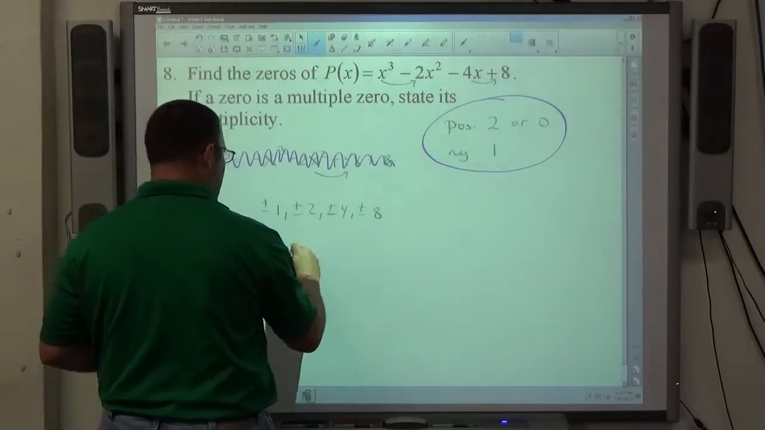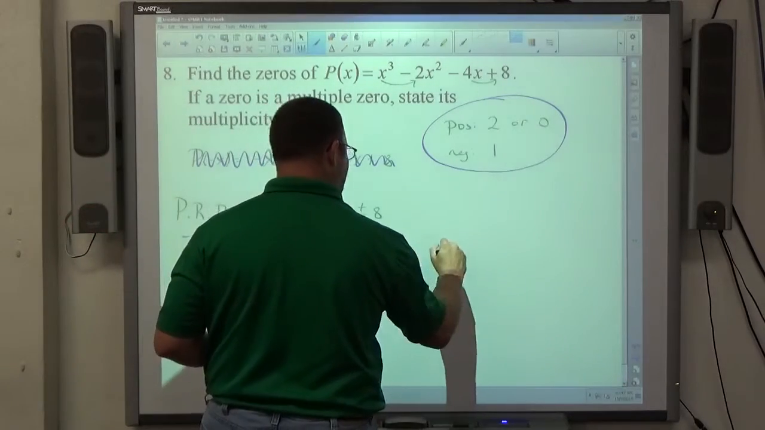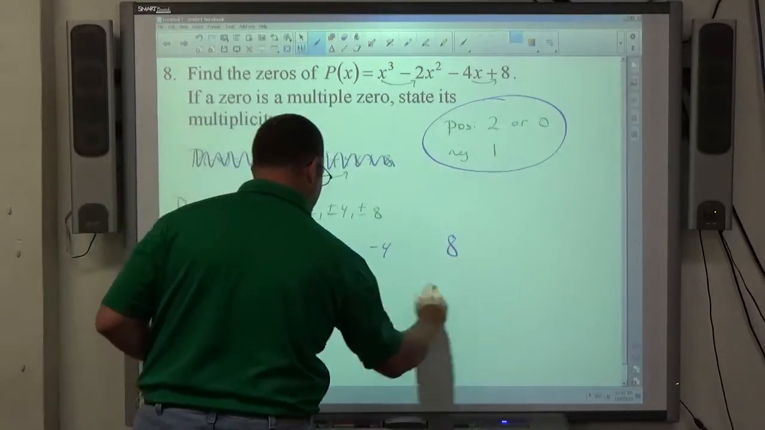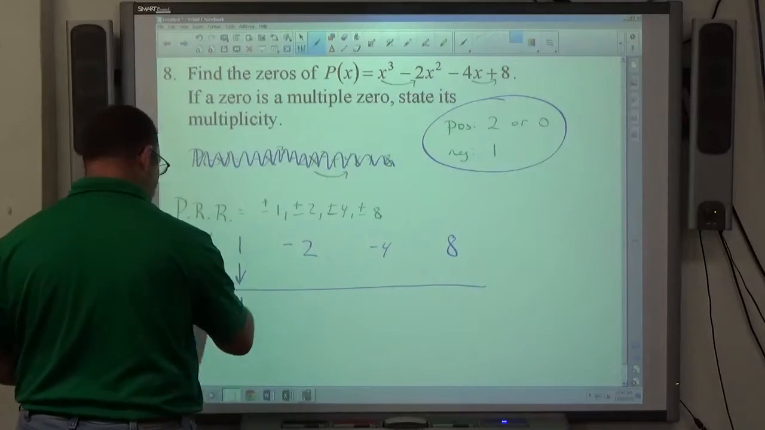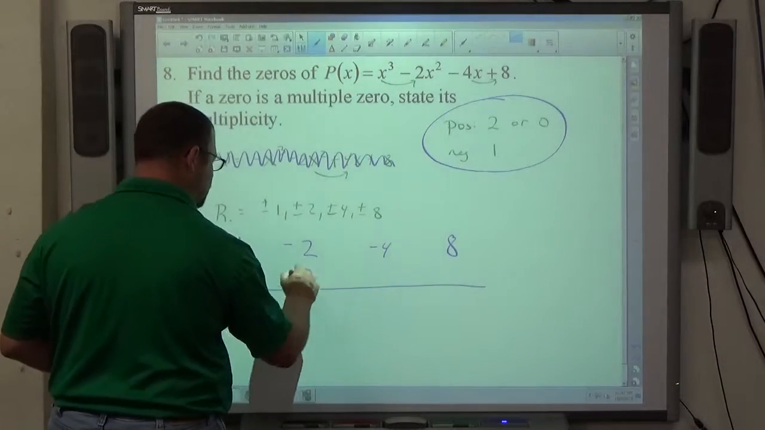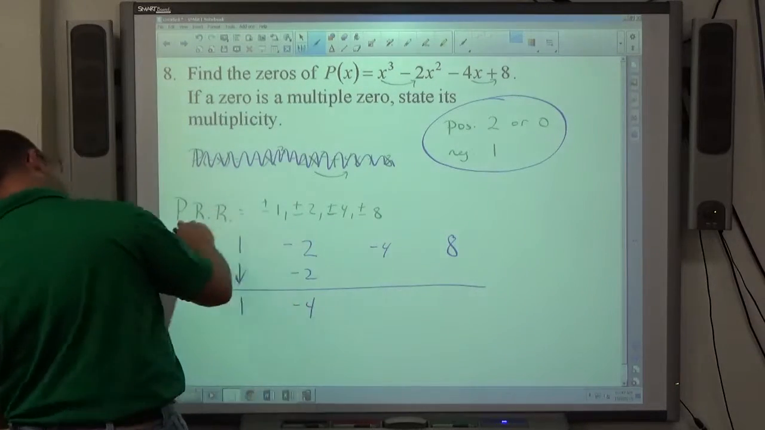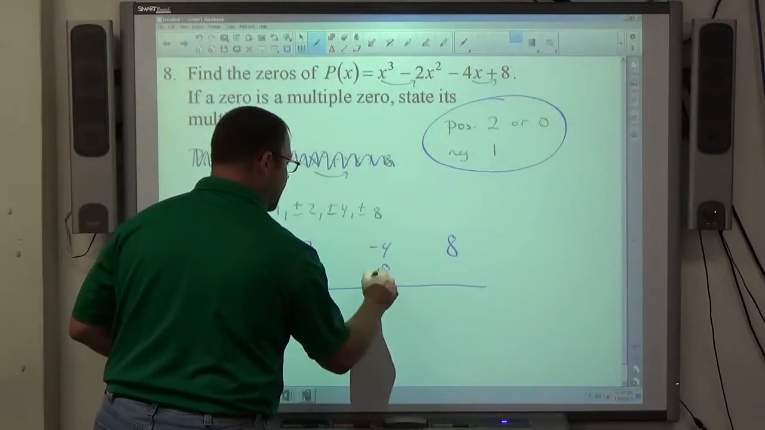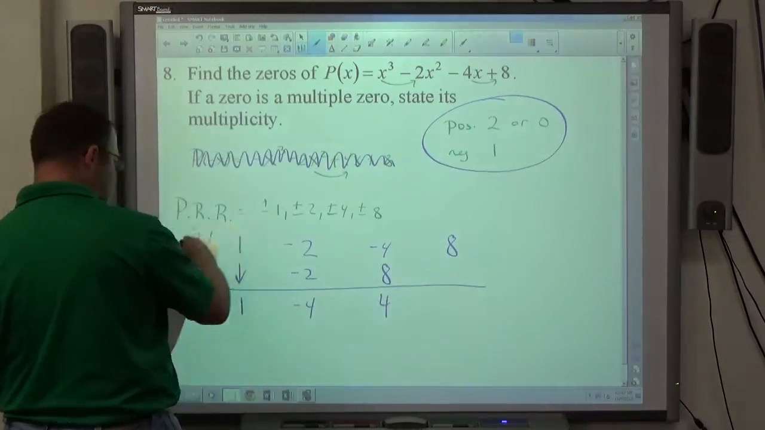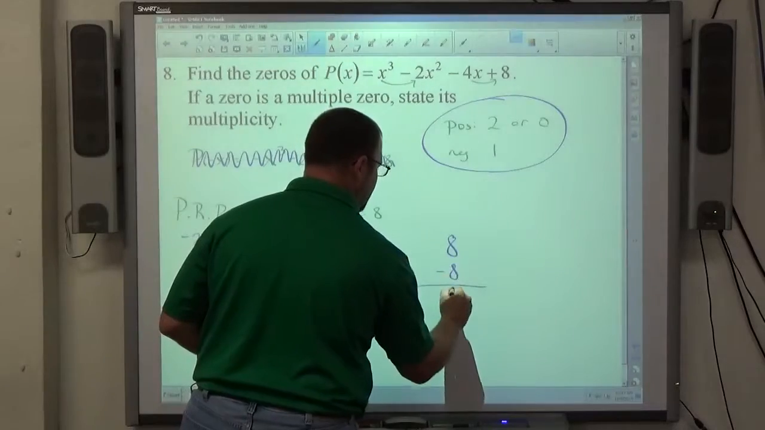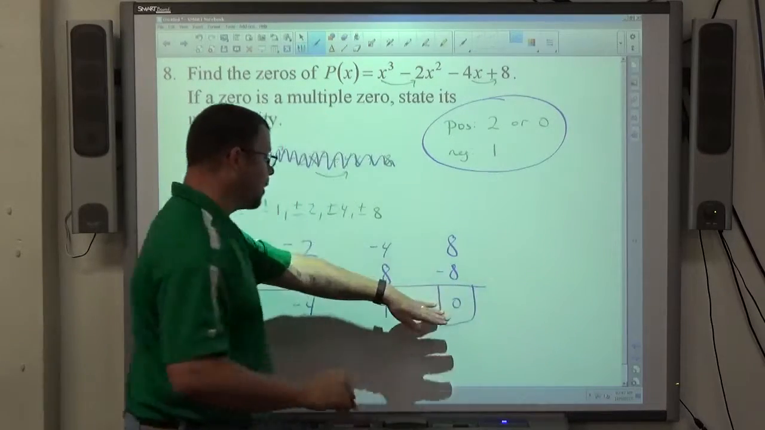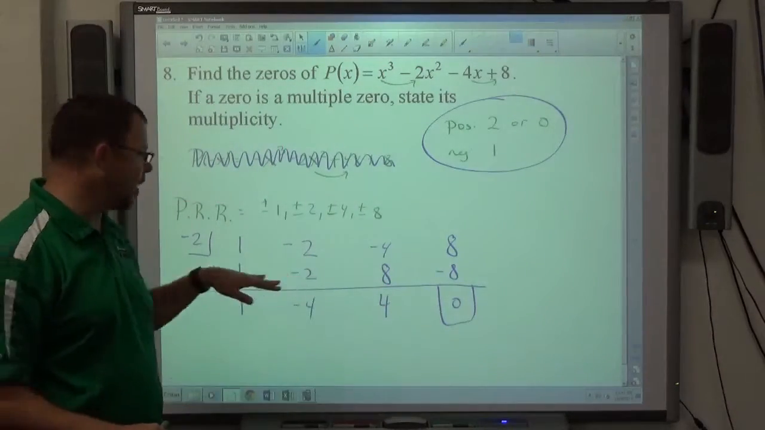1x cubed minus 2x squared minus 4x plus 8. Bring the 1 down. Negative 2 times 1 is negative 2. Negative 2 plus 2 is negative 4. Negative 2 times negative 4 is positive 8. Negative 4 plus 8 is positive 4. Negative 2 times 4 is negative 8. Remainder 0. It has to be a remainder 0, so if it doesn't equal 0, that means you did something